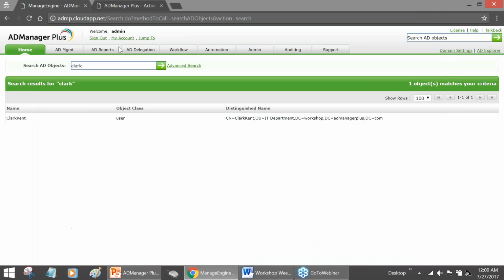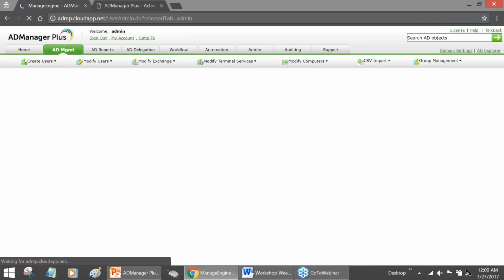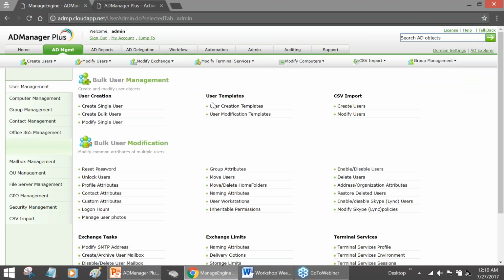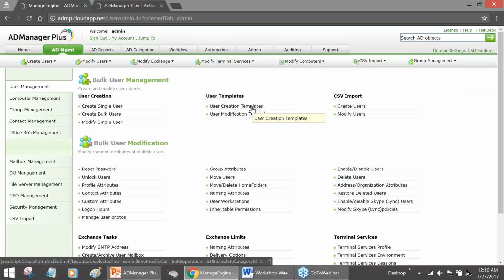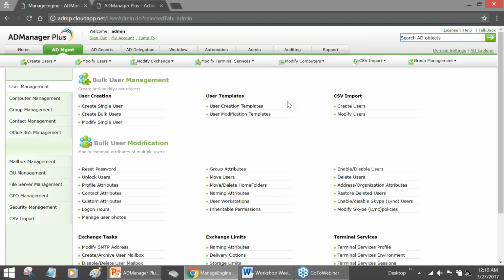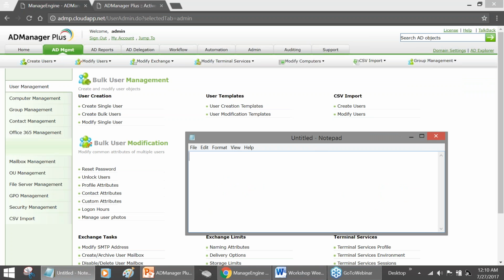So yeah, we have been talking about user modification templates all this long. We saw how to create modification templates for departments. We also saw how to create templates for specific roles. If you want to do a bulk modification, again, as simple as that, like user creation, all we'll need is a simple CSV file specifying the SAM account name,